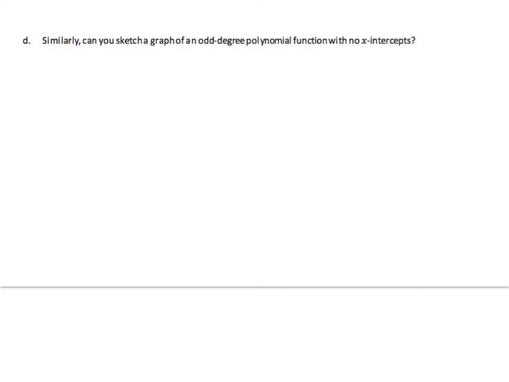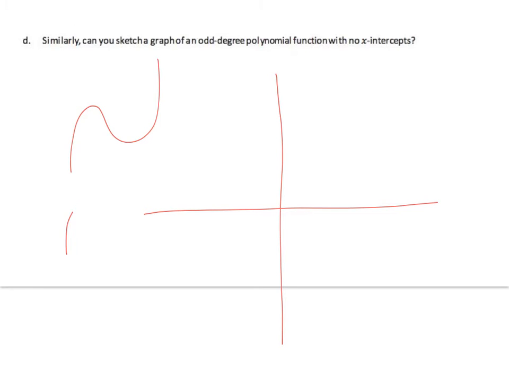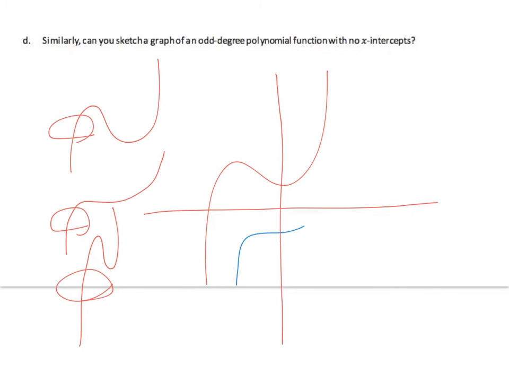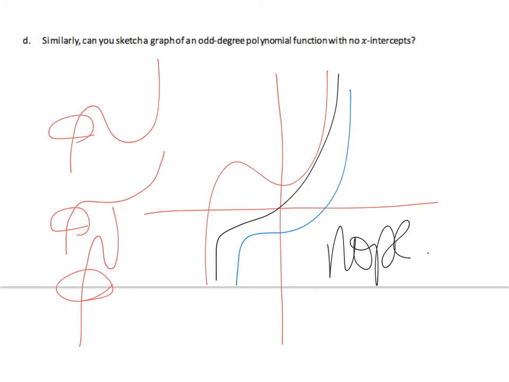Similarly, you can sketch a graph of an odd degree polynomial function with no x-intercepts. An odd degree, looks like this, or looks like this. I can't actually sketch any of those on this coordinate plane because I'm always going to cut through somewhere. It's near impossible. Nope. Can't do it. So basically we can conclude that